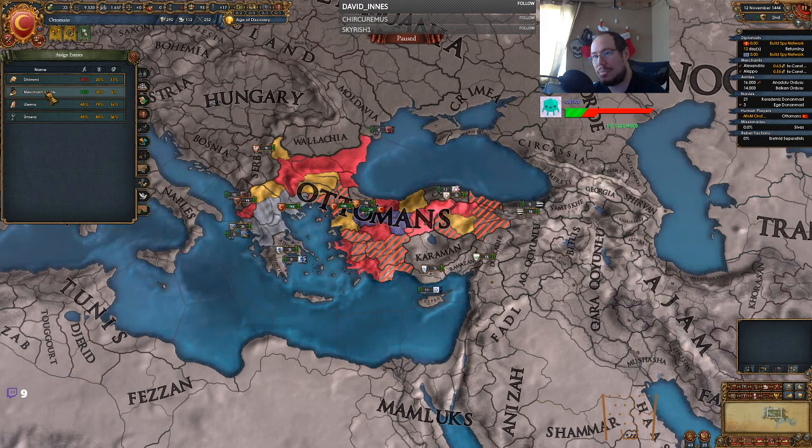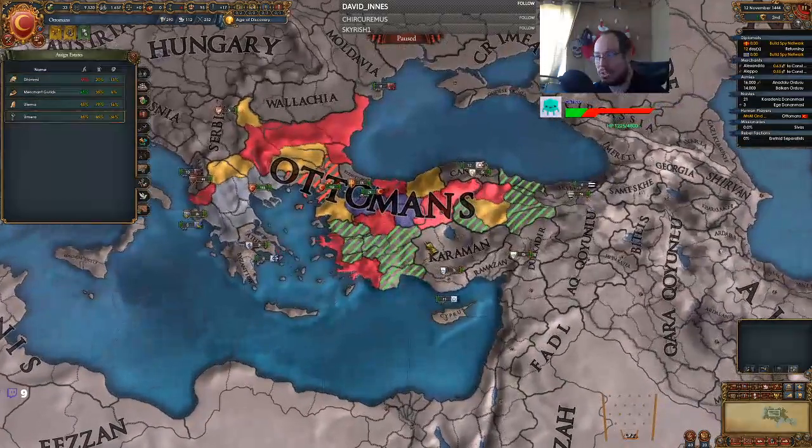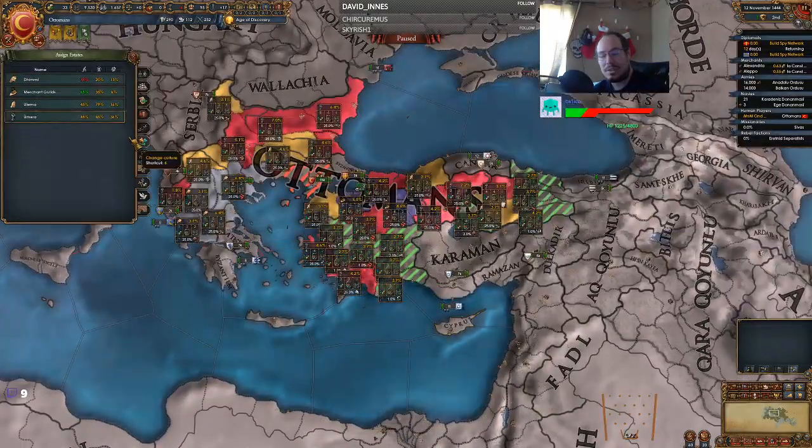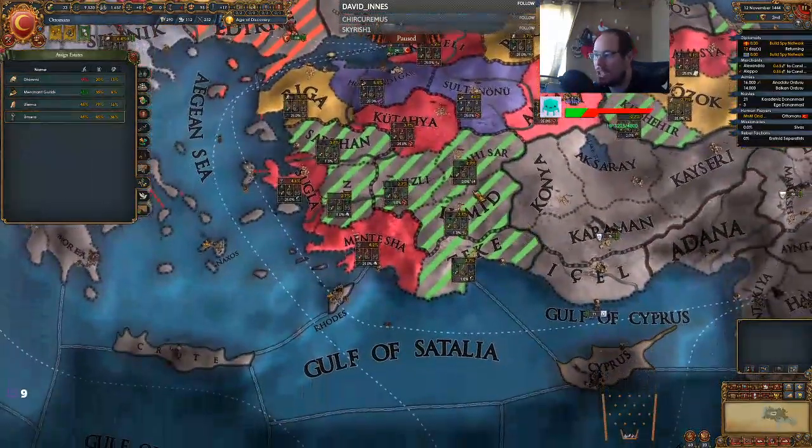So, but we can check each. So we can't assign anything either to the merchant guilds. Ulema, we can assign. And the Umera, we can also assign. Now, a thing to consider is when you're assigning territory to an estate, though, you really want to pay attention